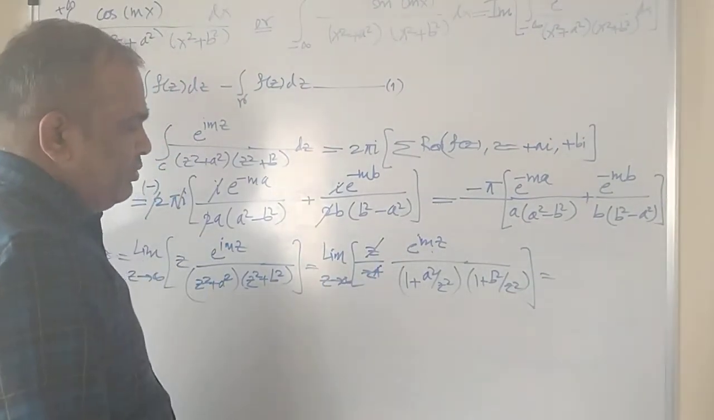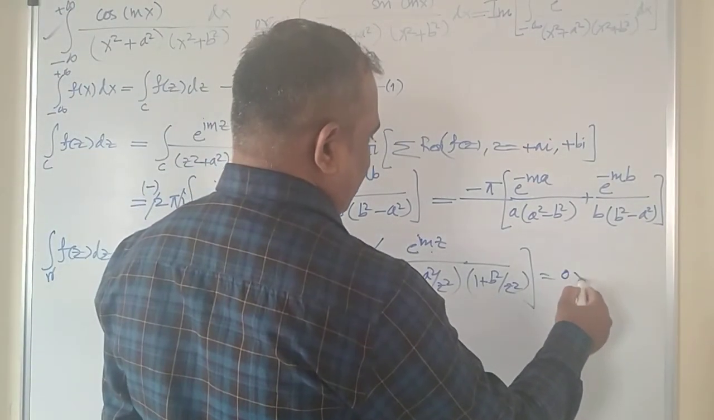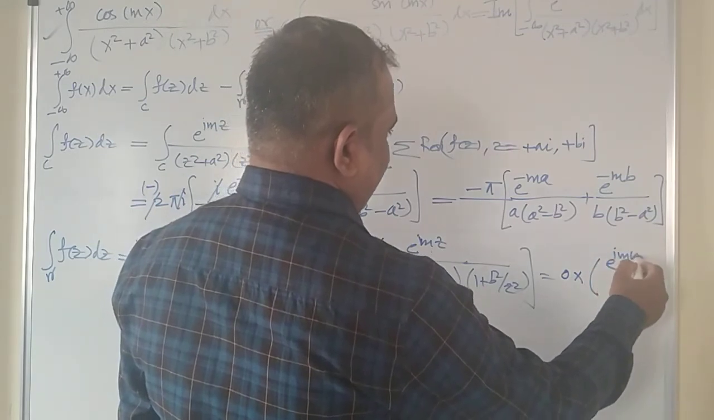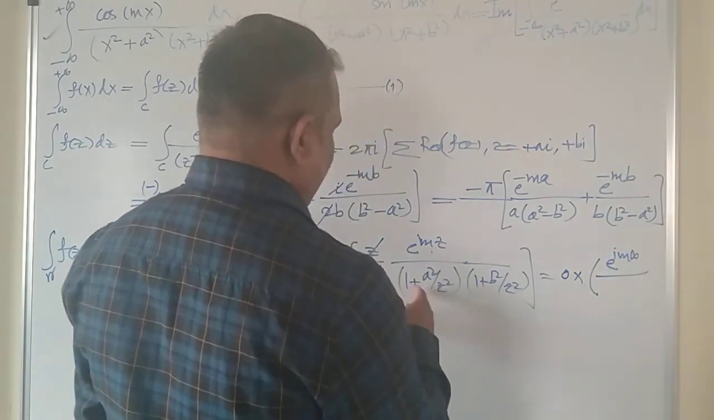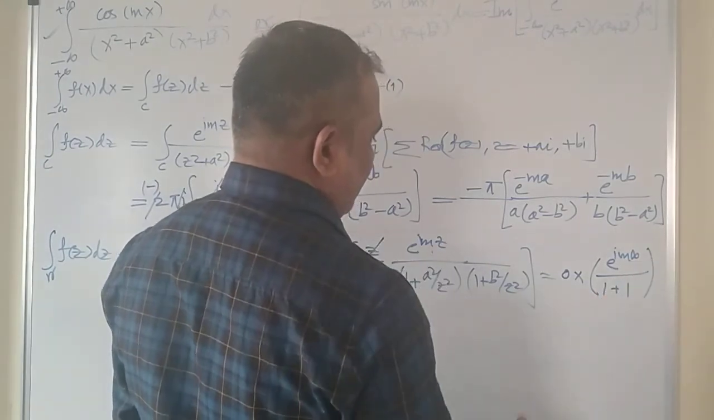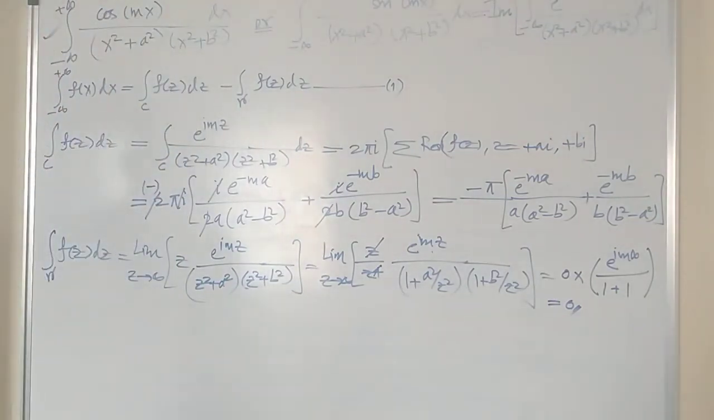So 1 upon z cube is equal to 1 upon infinity cube, that is equal to 0, into e raised to im infinity divided by 1 plus 1 upon infinity, which is 1, plus 1 plus 1 upon infinity, which is 1. But this ultimately gives you a 0, right? And therefore